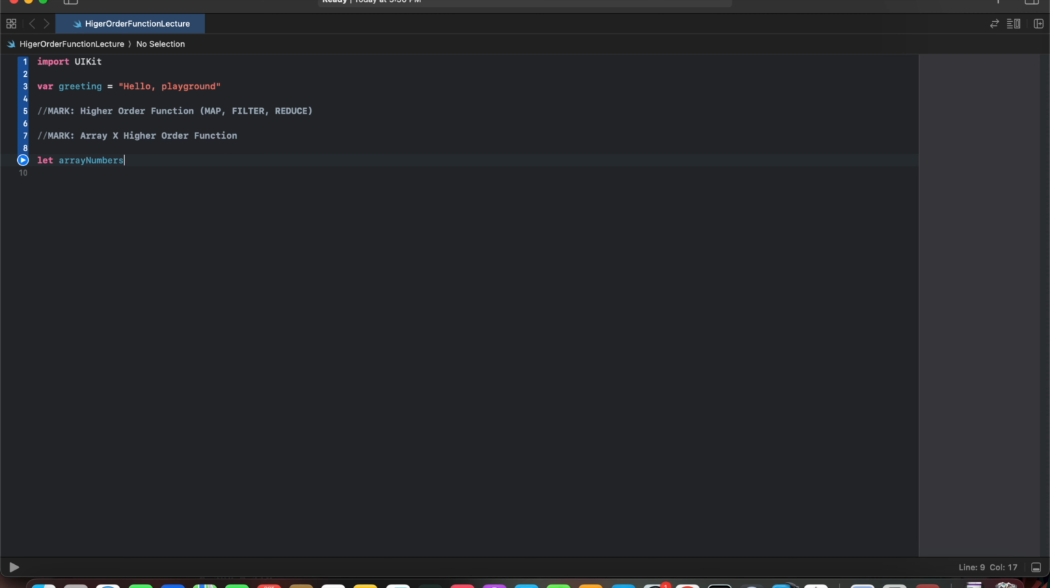Numbers. Now let's give it the numbers 1, 2, 3, 4 and 5. Now we are going to apply higher order functions on this array. So let's see how map works. So let's create that map array equals to array number